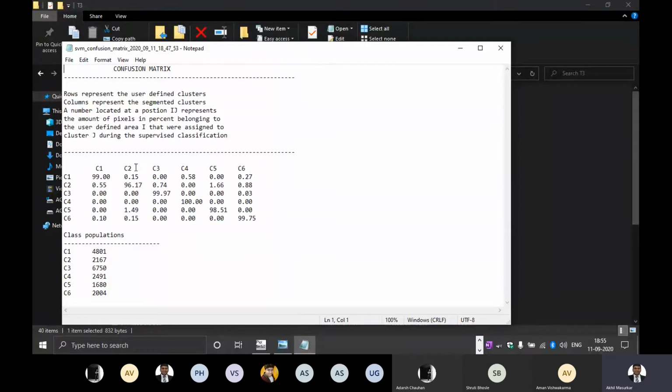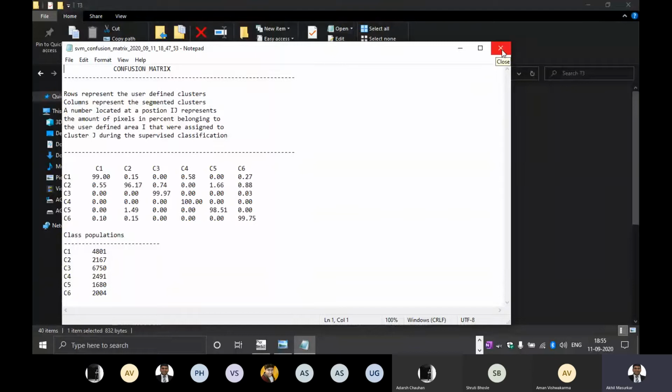Class 2 is correctly classified as class 2 with the accuracy of 96.17%. So the classification accuracies are quite good as far as the number of classes are concerned. If you increase the number of classes, then your classification accuracies can get further affected.